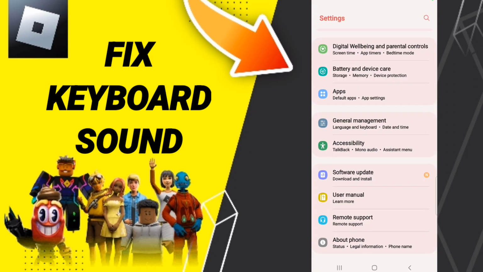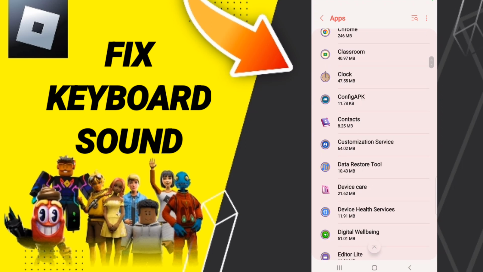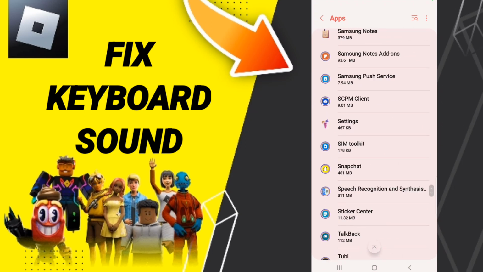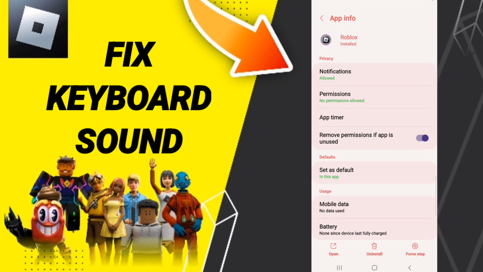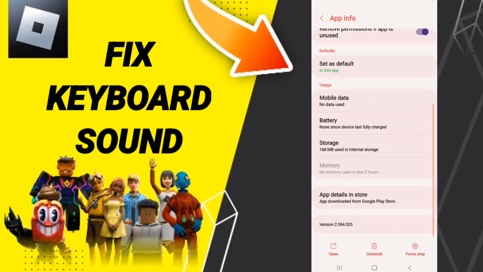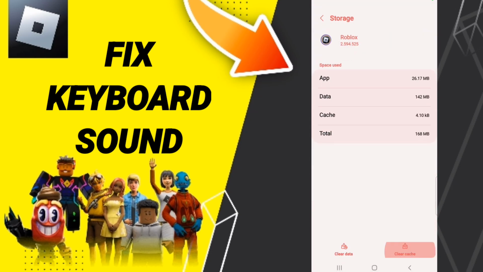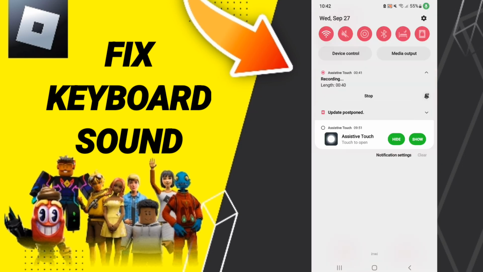Here in this page you will enter two apps, default apps, app settings. After that, in this list you will search about this window of Roblox. Then in this list of app info we click on first stop and we click OK. Here we go to click storage, then we click clear cache, and in the end you can go to Play